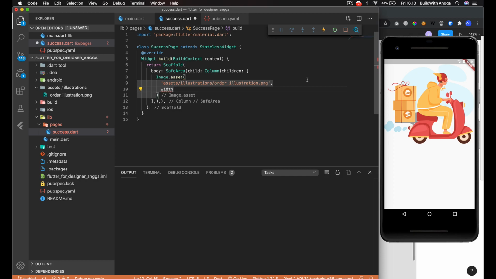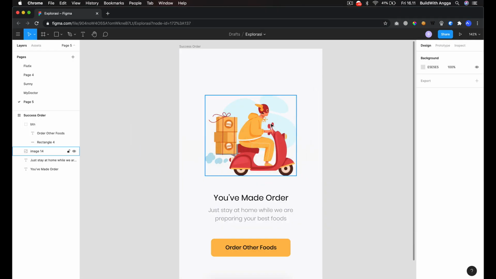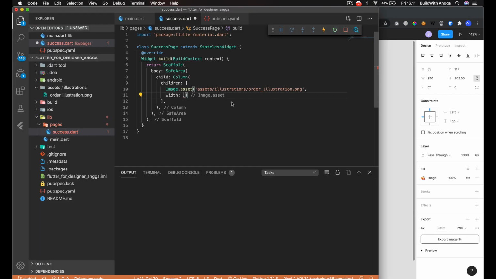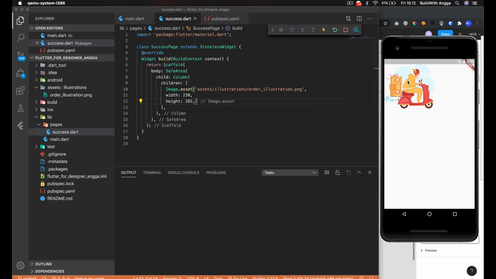Oops, sorry, not right here. We just put a comma here as the separator, and for the width about 230, and then height, let's say 202. We're going to save it and preview, and boom.